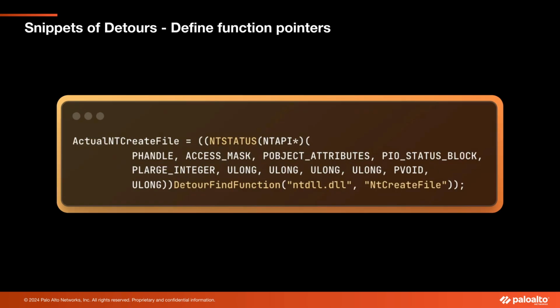And Detours has a DetourFindFunction functionality that allows you to find where that function is in memory once the program is loaded. So you just need to specify the module where it is, and then the name of the function that you were trying to instrument. And that's it. So the next step is define a list of users that